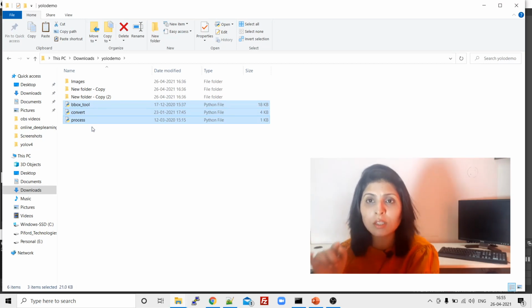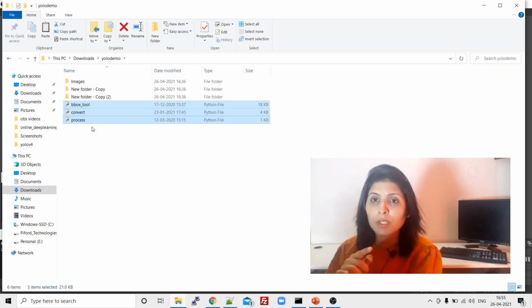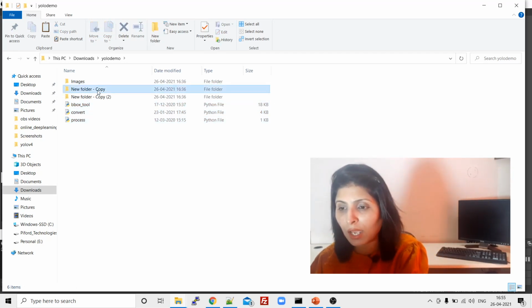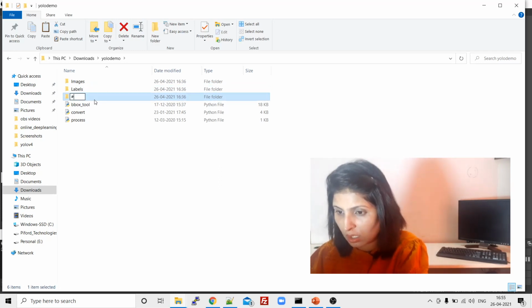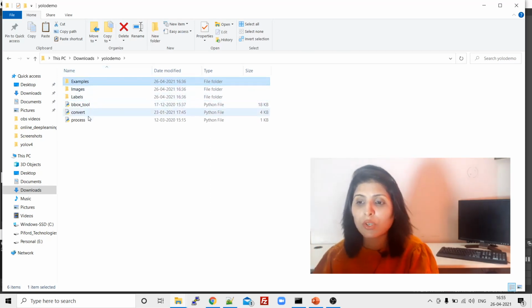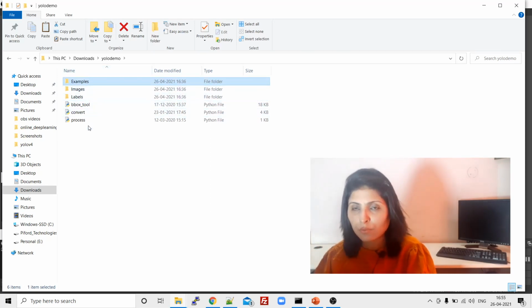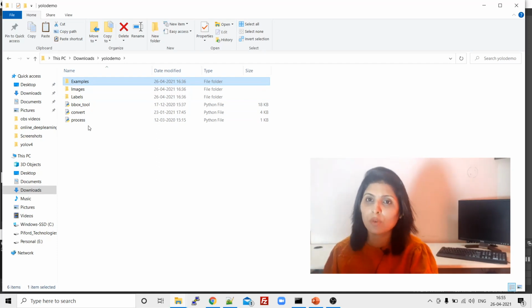We got these three files from the bounding box tool, right? So paste them over here, and let me rename these folders also: labels, and the last one is examples, right? So now you have these many folders and files in the folder in which we are working. Now let's annotate our images.